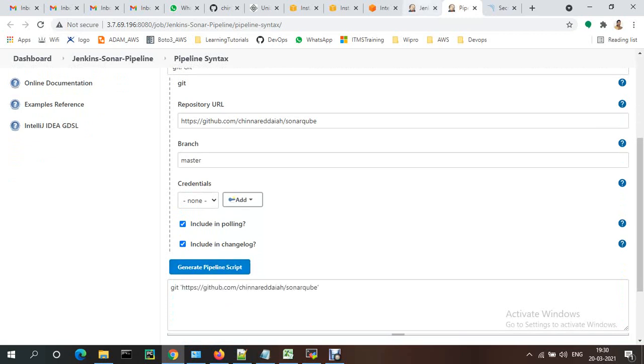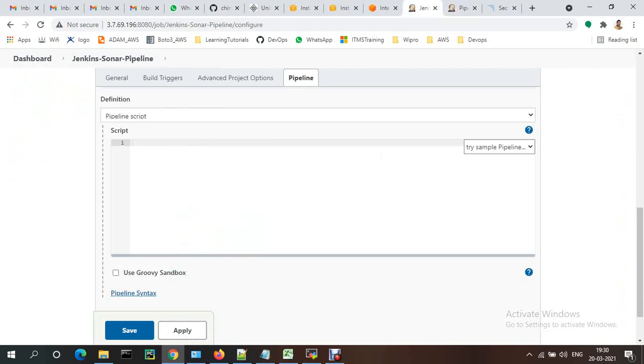Okay, so for that let me show you the pipeline. If it starts with pipeline, it means it's declarative. If it is a scripted pipeline, it will start with node. Then agent any: if you have any particular slaves, you just need to provide the label name. If we don't have anything, just give any. After that you just need to provide the stages.